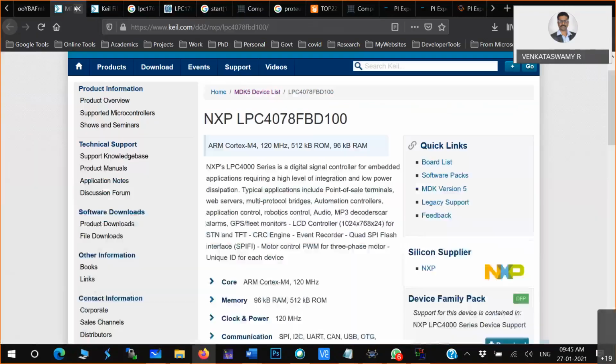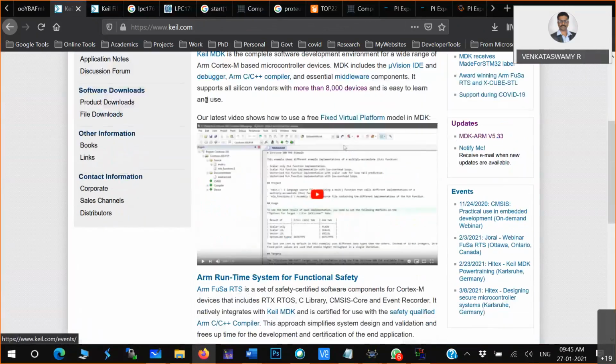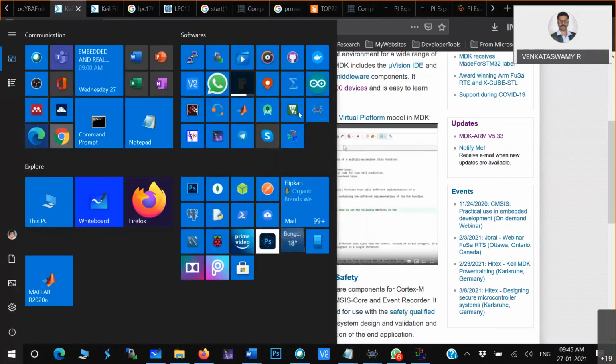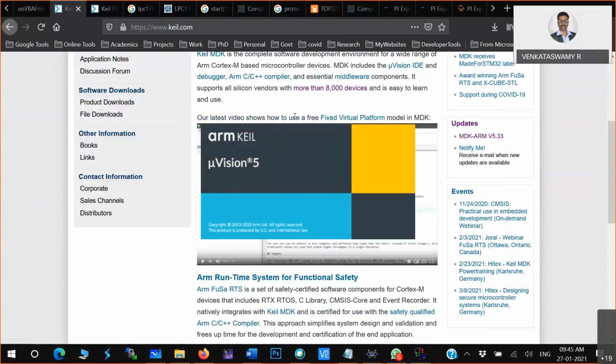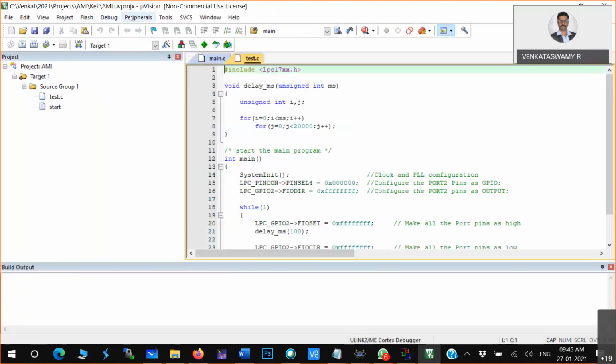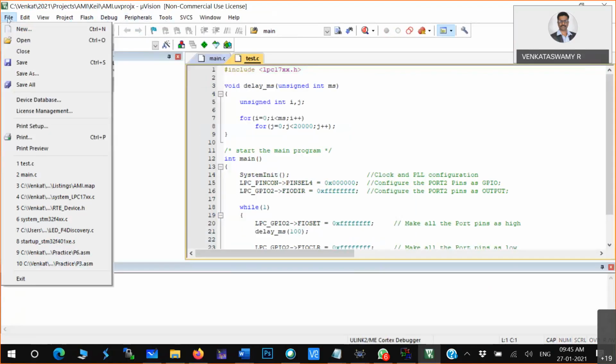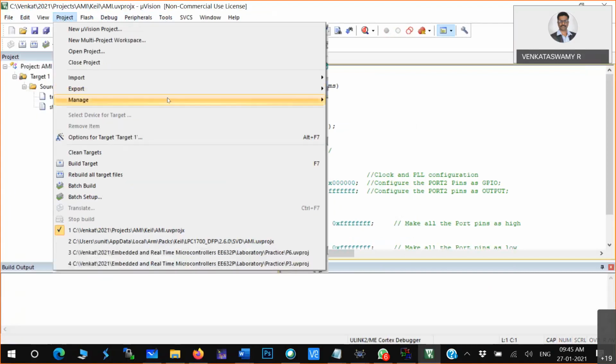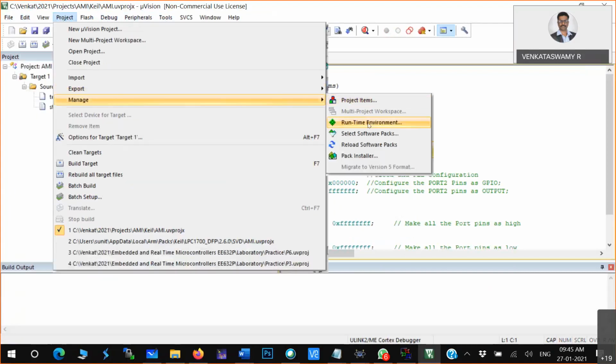Say for example, ARM. Now I'll showcase where I can get it in Keil. Lakhs of microcontrollers are there.